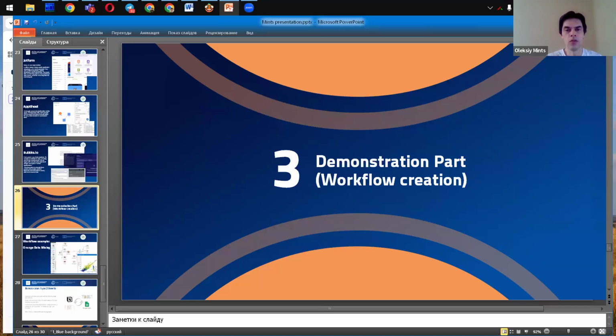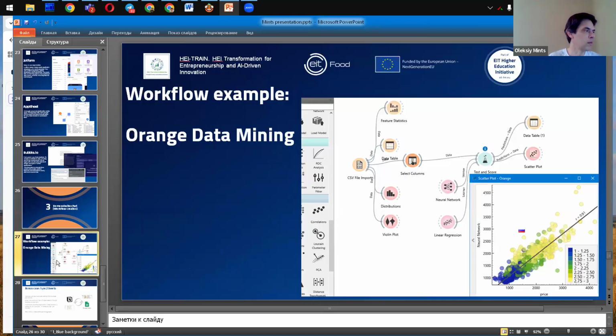This is a free tool developed by the European scientific community and coordinated by the University of Ljubljana in Slovenia. It is completely free to use, and you may download this tool and use it for your own project.